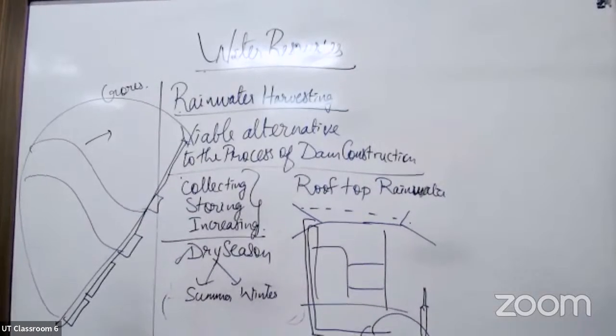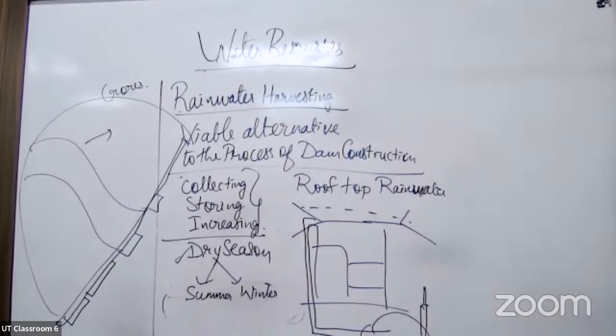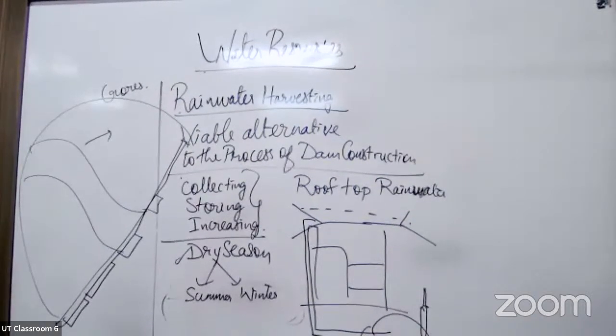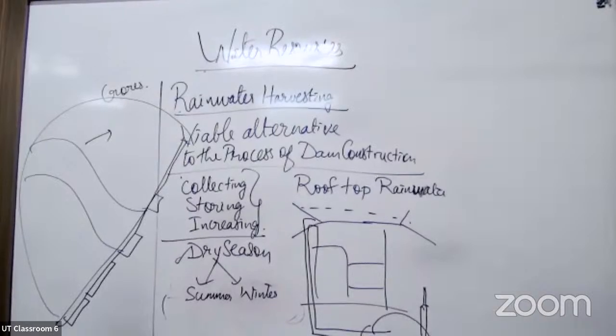I will show this whole picture in the video. Rainwater is stored in groundwater reservoirs by adopting artificial recharge techniques to build household storages and tanks. Objectives: to meet the increasing demand for water, to reduce runoff, to avoid flooding of roads, to increase the groundwater storage and raise the water table.